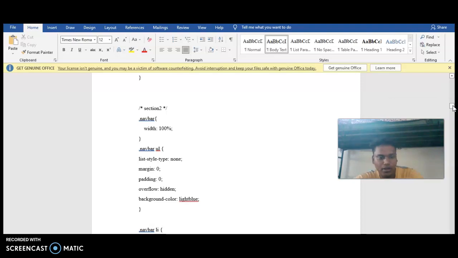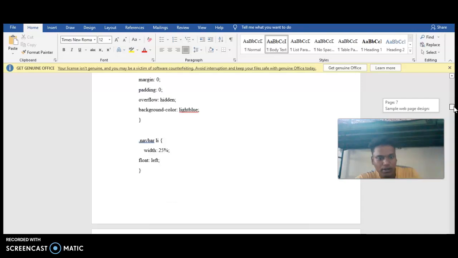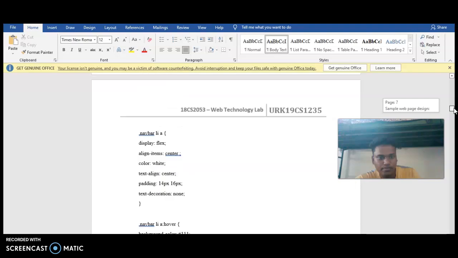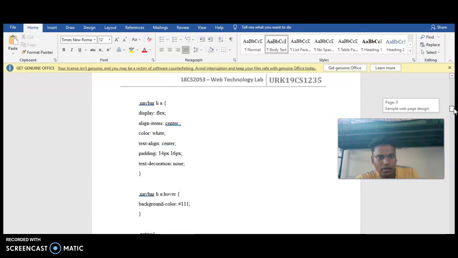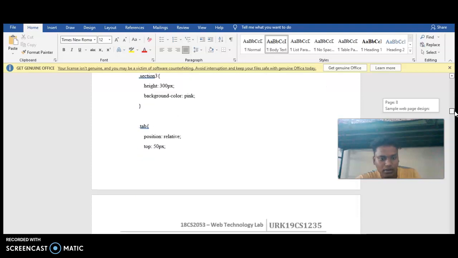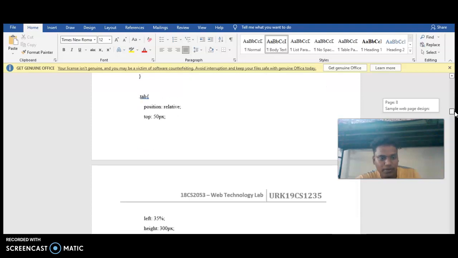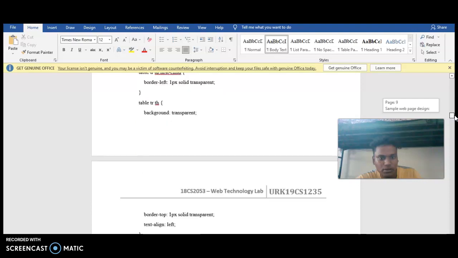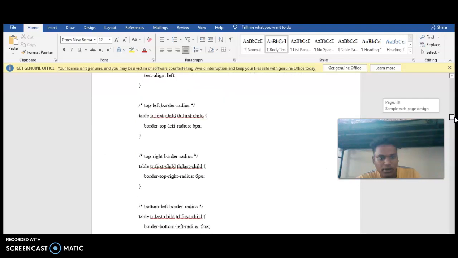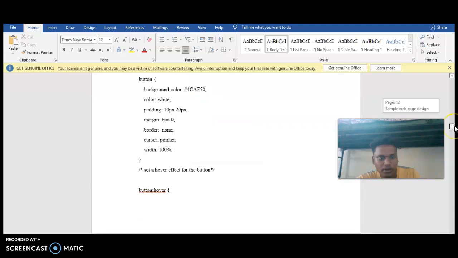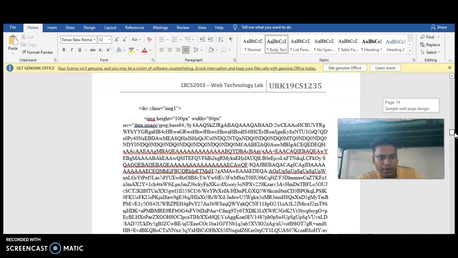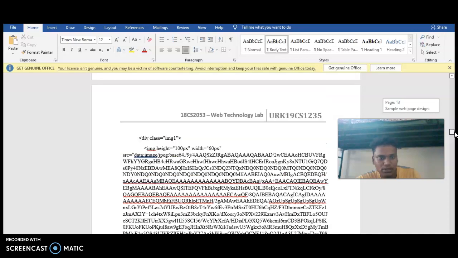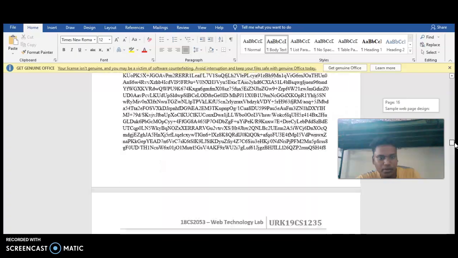100%. The nav list-style-type none, margin 0, padding 0, overflow hidden, background color light blue, and light blue nav with 22% float left. Nav green and display flex and background color and position relative, top 50px and border black, and table layout by transparent, and give the sign up and bottom border, and we have to give this class imgl and